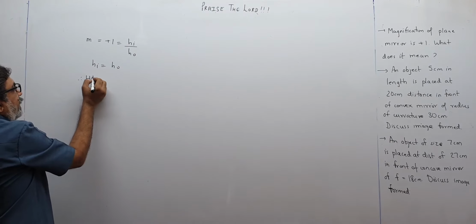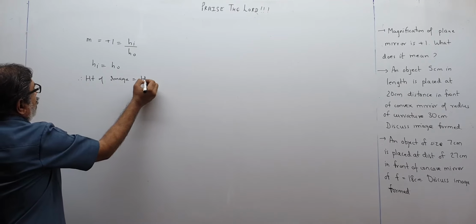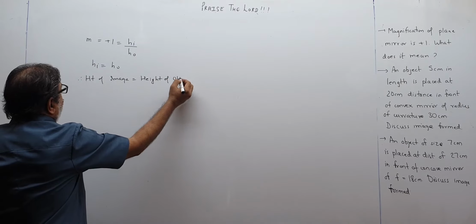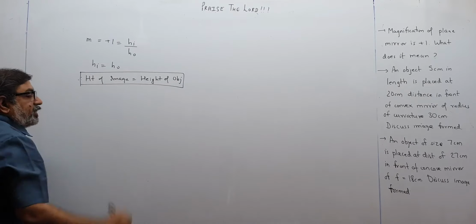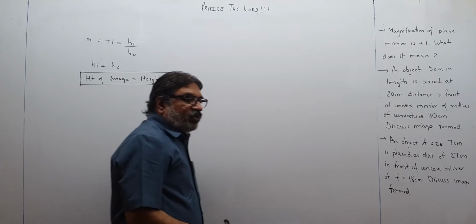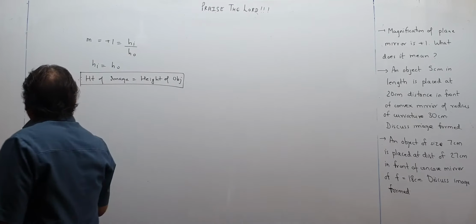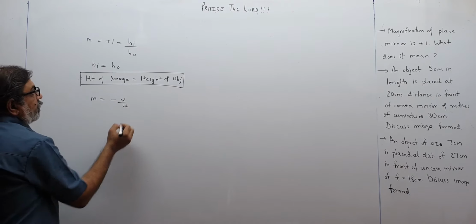Therefore, height of image is equal to height of object. The first point is that height of image and height of object are equal. So image size and object size are equal. That is one point. Then we also know that m for a mirror is minus v upon u,